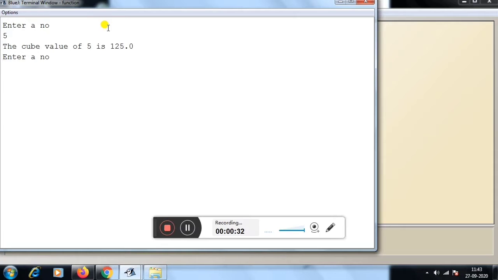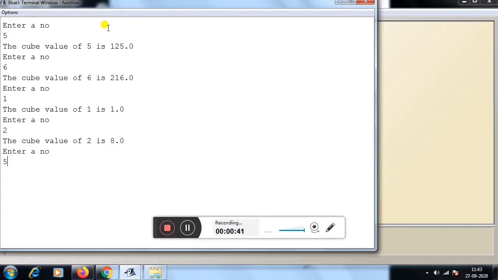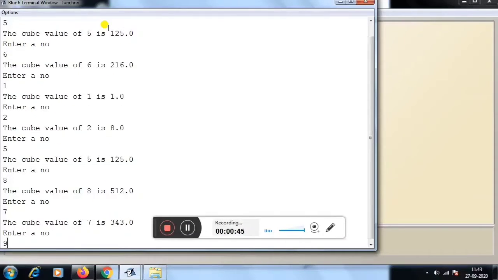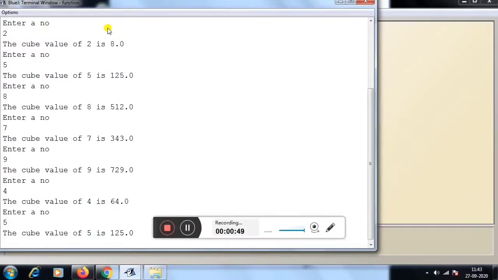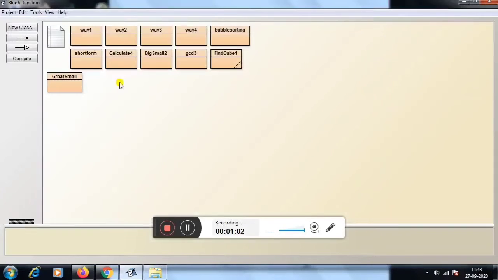This is the cube value of that number. 6 gives 216. Suppose 1, then 1. It means the output is correct, so our program is completely correct. Understood? If you have any doubt, write your doubt in the comment section. Then we will discuss the next program.